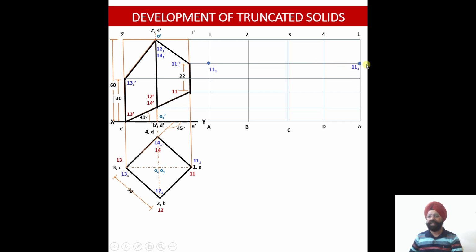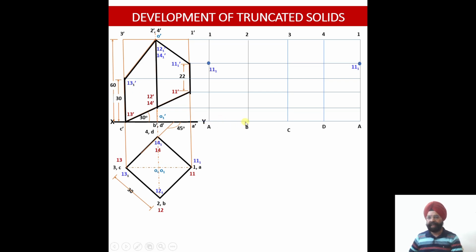So please see, 2 points I have marked corresponding to the first cutting point of intersection with the generator 1 dash A dash. So this is 1A vertical edge, this is 1A vertical edge. I know the height of this point of intersection from the base. So this is my true length. You see, this is my true length. So in order to make any development, the true lengths have to be marked. When I had drawn the stretch lines, they were representing the true length, that is 60 millimeter. That is the height of this particular prism.